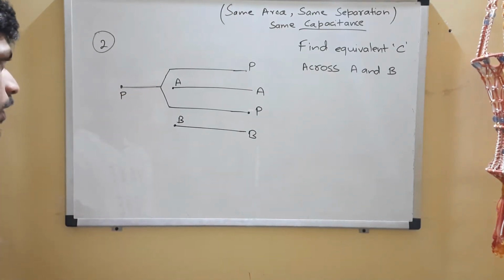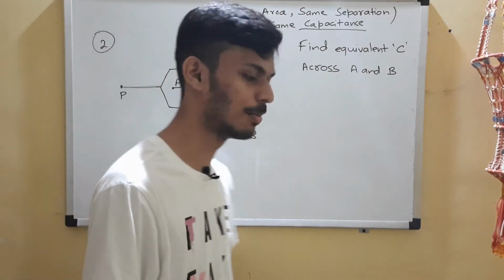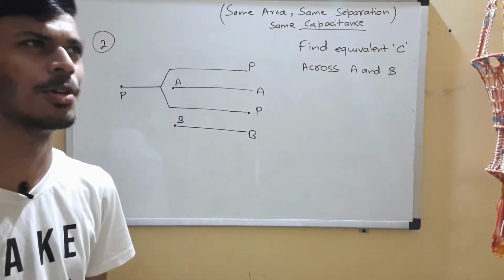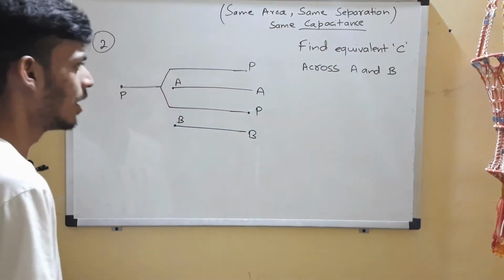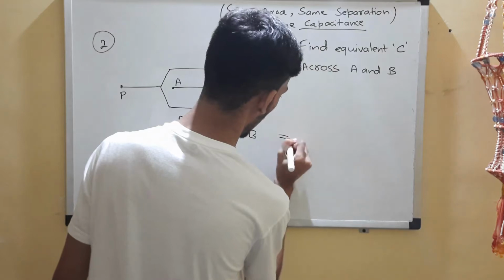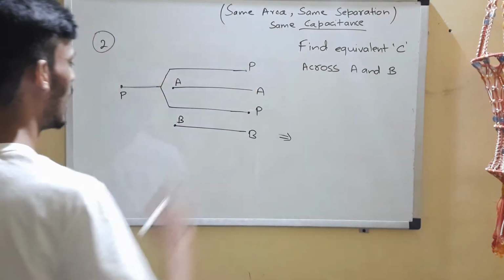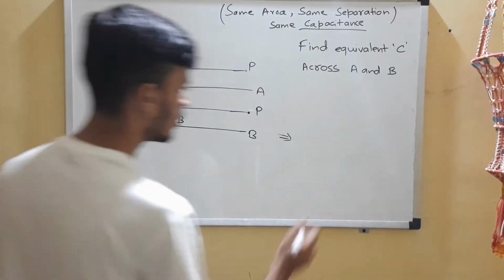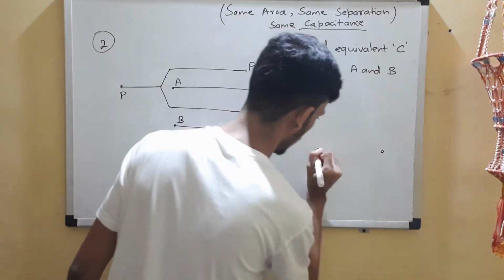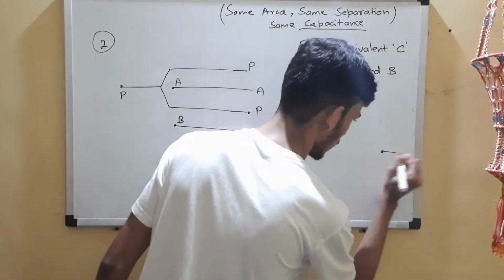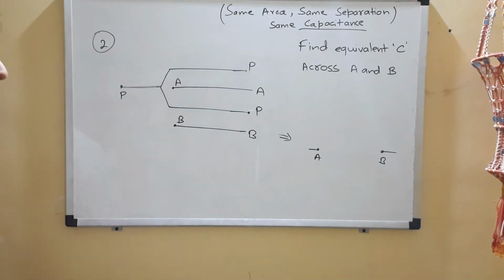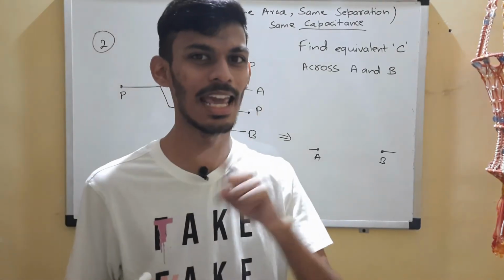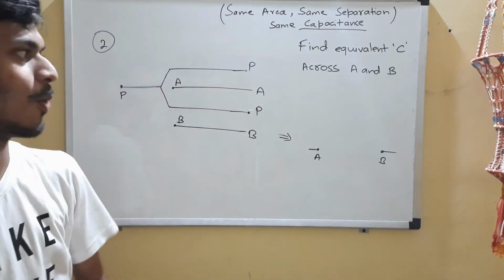So now let's move to step 2. We have already assigned the potentials. What is step 2? Step 2 is to draw a simple circuit which you and I understand. For that we have to treat A and B as terminals. So here we have A and B. Now we have one more point P over here, right? In the previous problem we just had A and B. In this question we have one more point P.